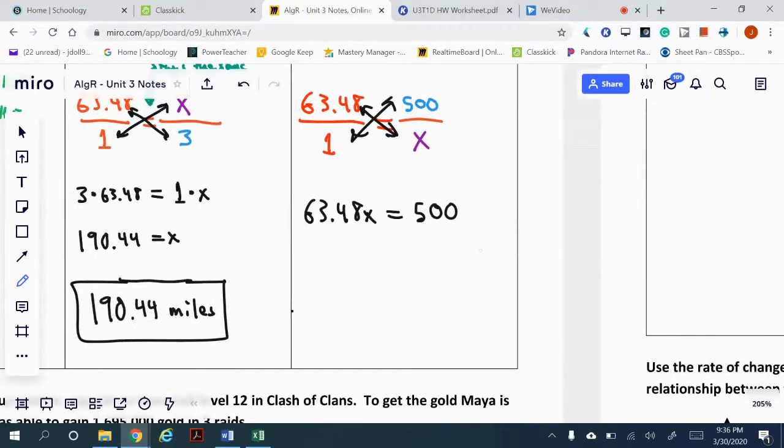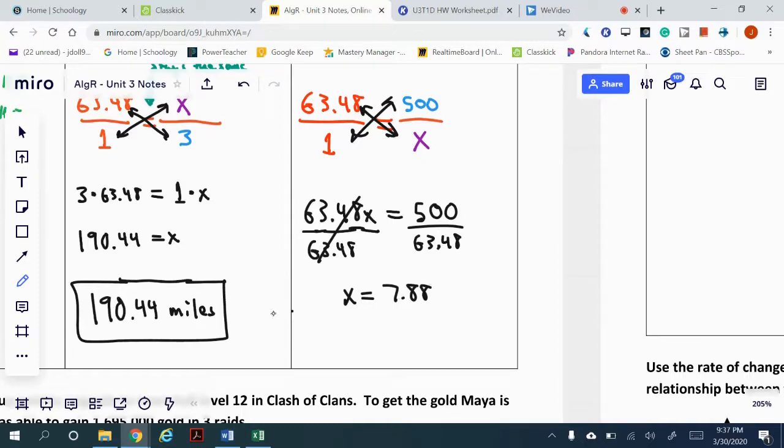Now notice the difference between these two equations here: x was isolated right off the bat here, and here we've got to do a little work to get it alone. So we're going to take the 500 and divide it by 63.48, because we're dividing by 63.48 on both sides to cancel that. So I divide by 63.48 on this side, and we will get x equals